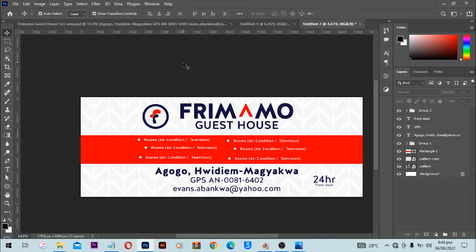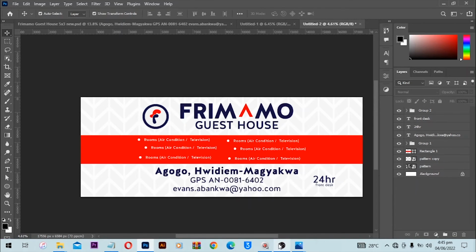So let me show you how this was mounted, the item that you need to mount this on a billboard, okay? Also, this one was printed with a reflective sticker, so when a light hits it, it reflects back to the person who threw the light on it. Especially cars, when car light hits that, it reflects back, okay? All right, so let's end here and see you where we mount this on a billboard somewhere in Asante